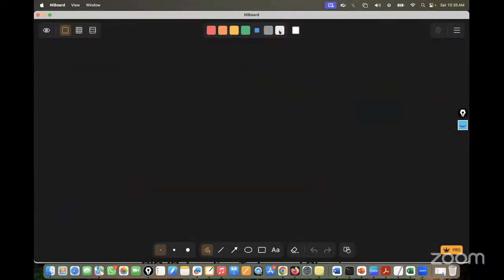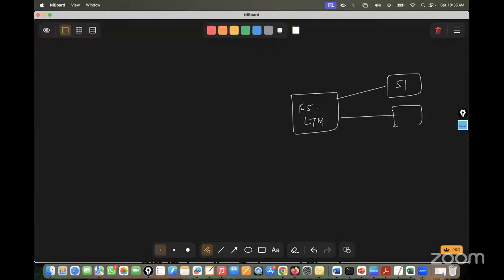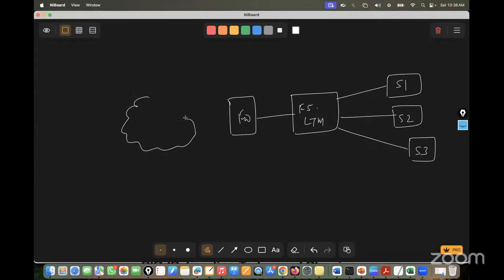Let's suppose this is your F5 LTM device. Behind the F5 LTM, we have server 1, server 2, and server 3. Now we can connect this F5 LTM with the firewall or maybe the router. This is going to terminate directly to the internet,